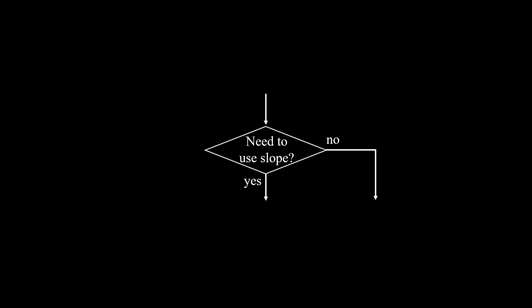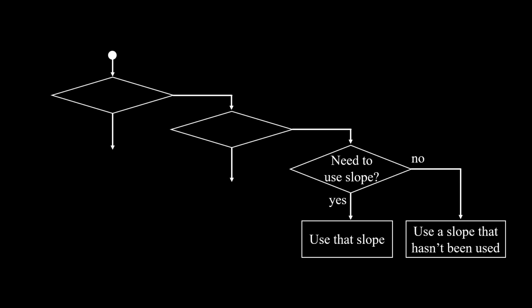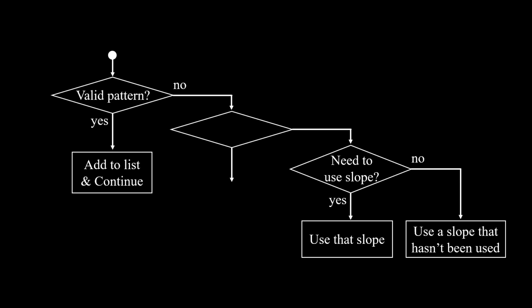With this method, we can find all of the max complexity patterns. Suppose we're in the middle of drawing a pattern. We must first check if there's a slope that needs to be used right now. If so, use that slope. If not, just use any slope that hasn't been used. We can repeat this process. If we end up with a valid pattern, add that to our list of solutions. If we reach a dead end, meaning all the options need a slope that's already been used, then we retreat and continue with a different path.